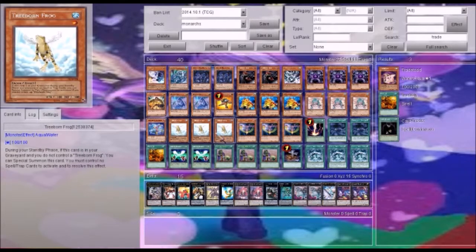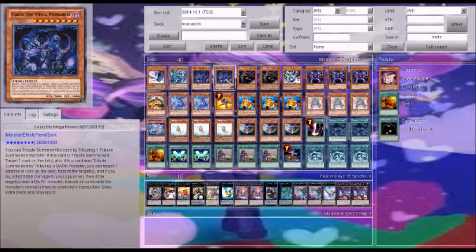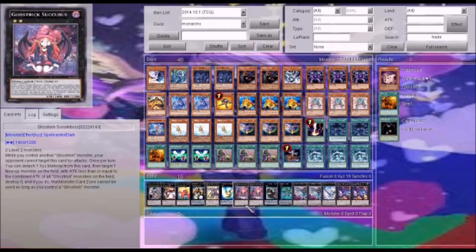And then we run 3 Treeborn Frog. During your standby phase, if you do not control any spell and trap cards, you can summon him out. So he's pretty much our tribute fodder. We run 3 Battle Fader, who again, if your opponent declares a direct attack, you can end the battle phase and summon him out. Tribute fodder. It's a dark monster, so you can get him off. You can use him with Treeborn to make Caius, and these guys are pretty much the 2 cards you use to make your rank